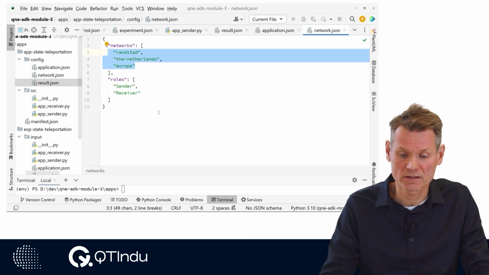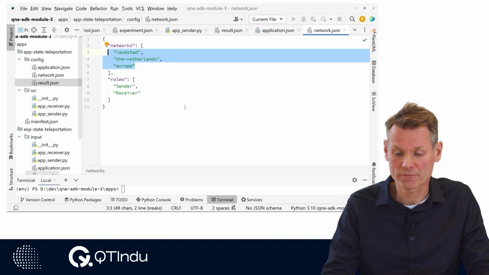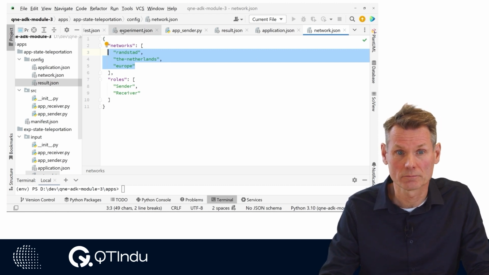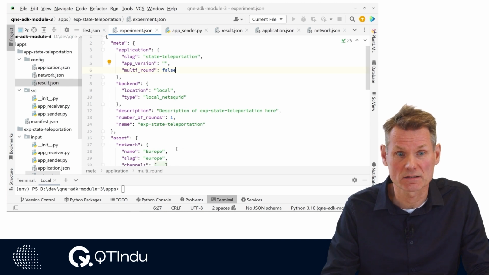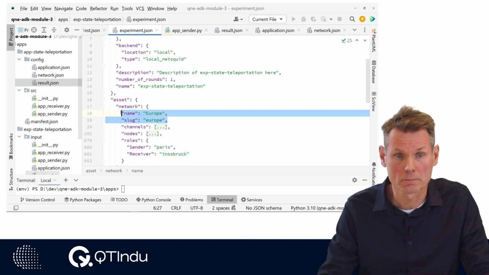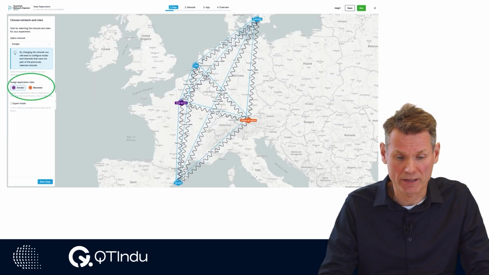They will be listed in a drop-down box. The network chosen is saved in the experiment file experiment.json as name and slug in the network section of the asset. In this case, Europe. As a next step, we assign application roles to network nodes by dragging the roles on